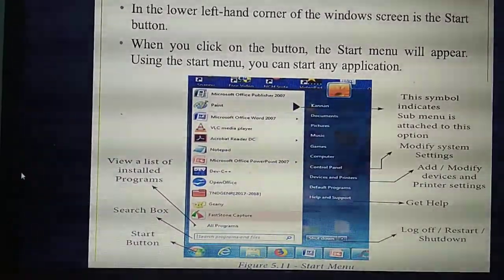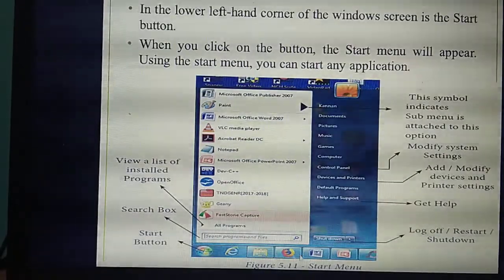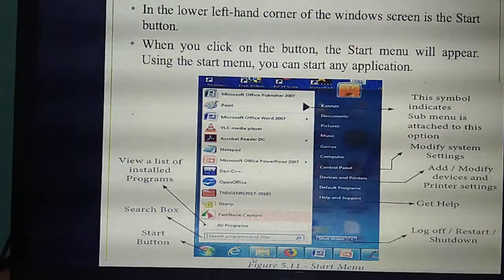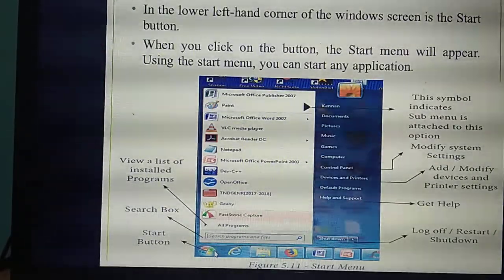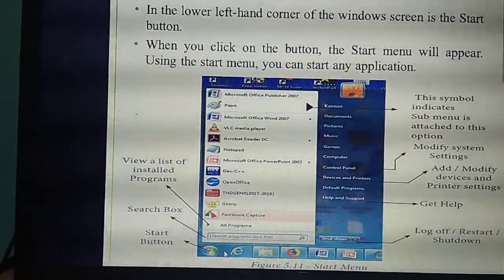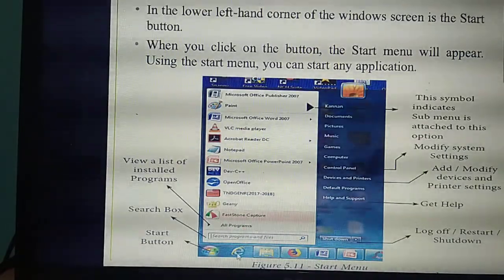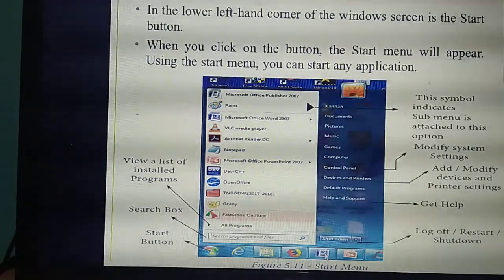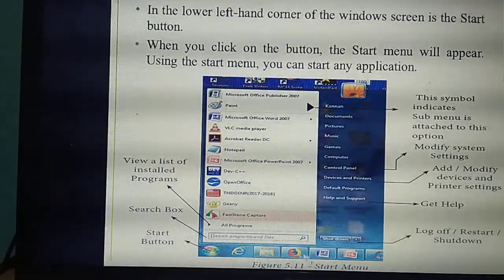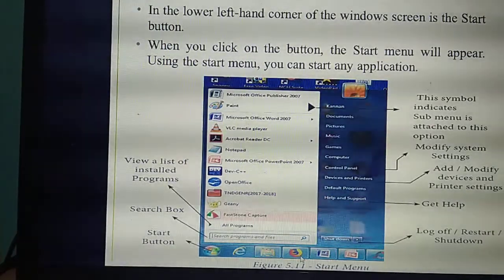In this previous diagram, this is what we call the taskbar. This bar, the top blue-colored portion, is called the taskbar. So what have they given in the taskbar? First, at the left corner is the start button. Next to that start button are files, folders, and the things being opened: Internet Explorer, folder, Word file, PowerPoint. Likewise, all the files you are opening and minimizing will be displayed next to the start button. This is the use of the taskbar.